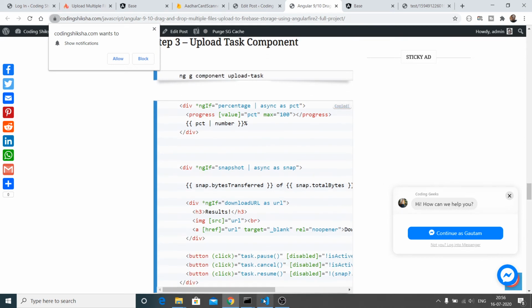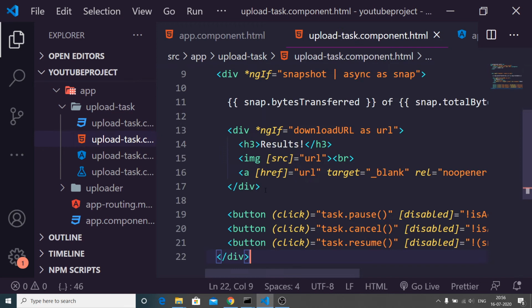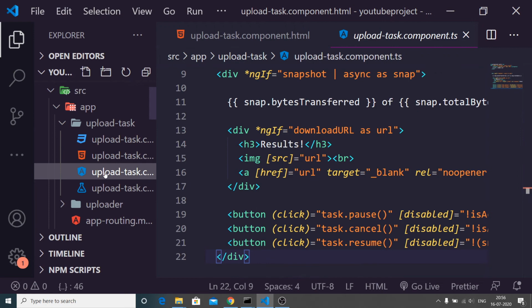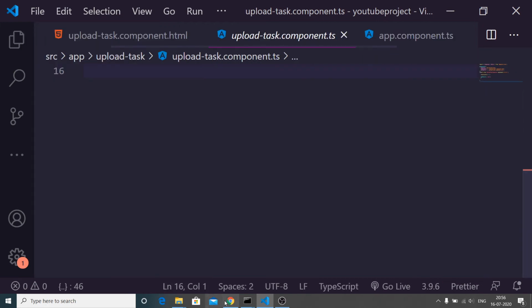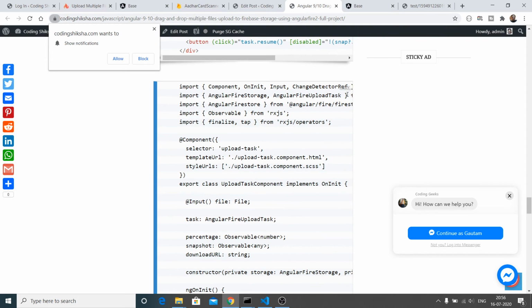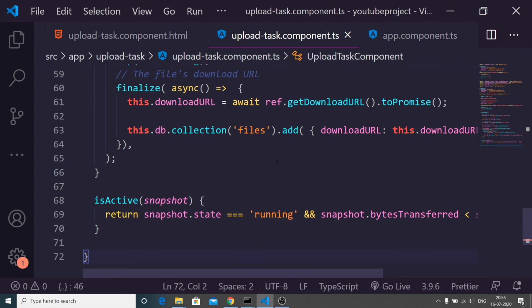It will hold the percentage and the pause button. This will display the image. There is also a download button inside this component. Now go to the TypeScript file here and paste the TypeScript code. This is the TypeScript code, so copy it and paste it here.